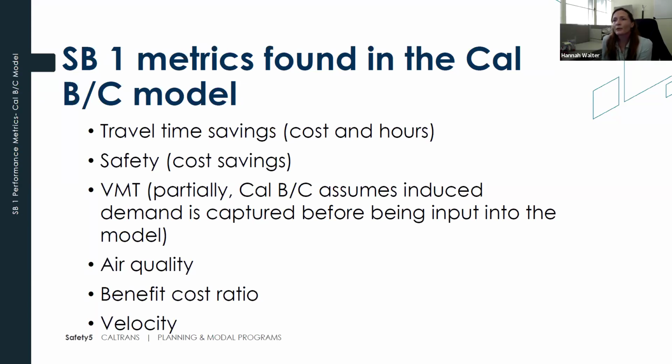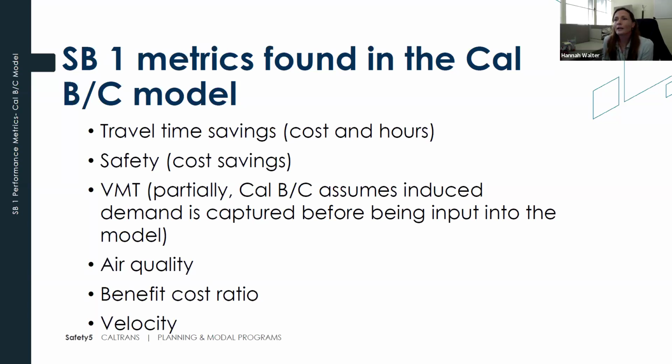The SB1 performance metrics that you could get from the CalBC model are travel time savings, safety, vehicle miles traveled, air quality, the benefit cost ratio, and velocity.